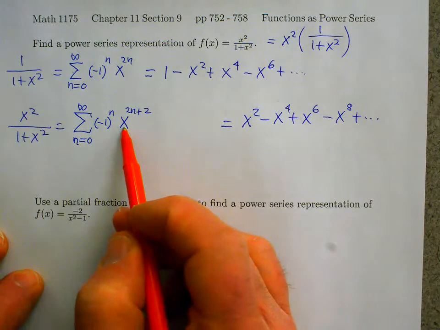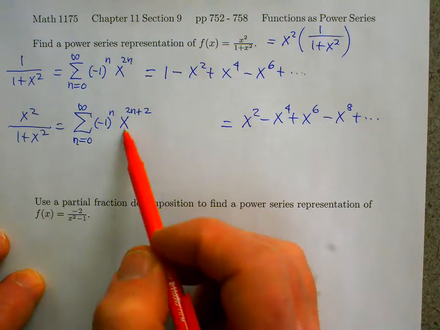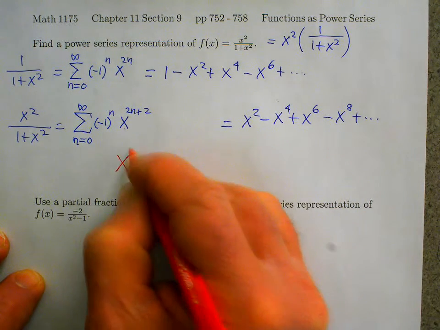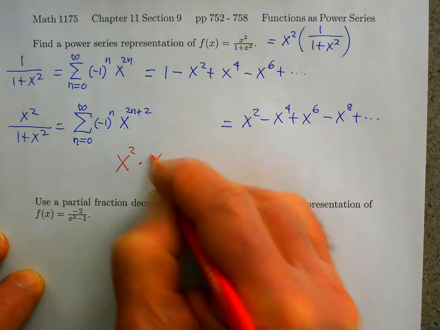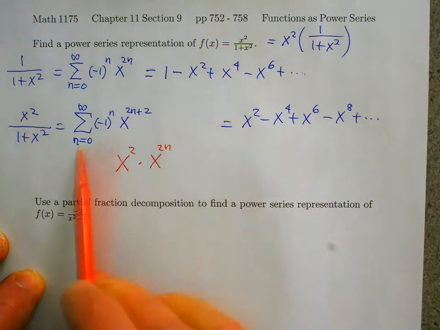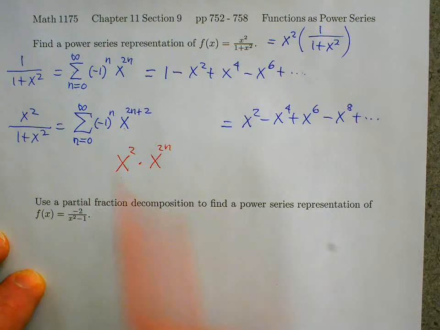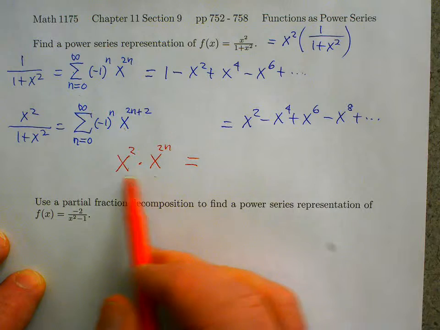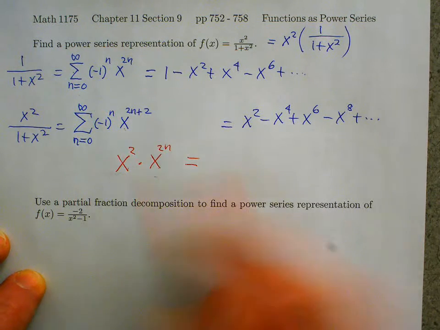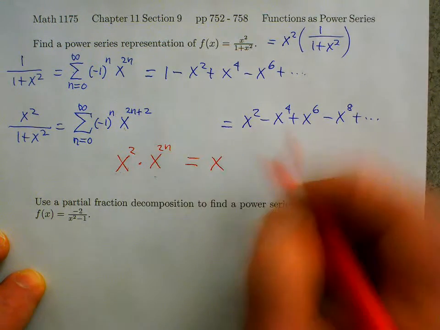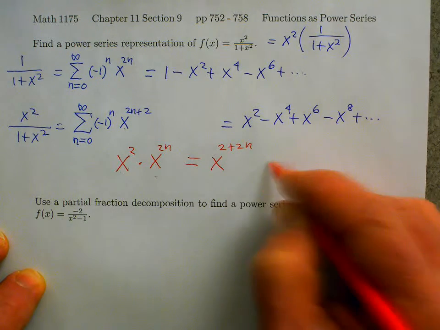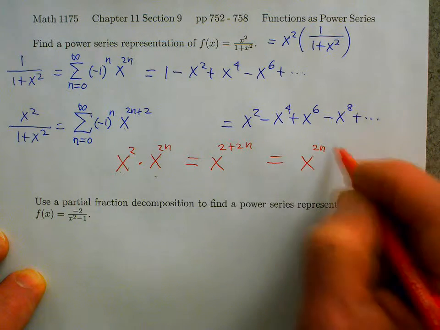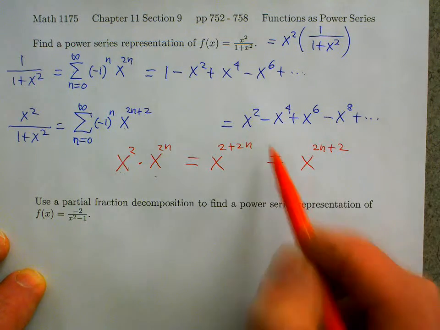So what I did was I multiplied x squared times x to the 2n, where n is any number from 0 to infinity. And then a property of exponents: if you multiply two terms that have the same base, you add the exponents. But it's a little more conventional to write the exponent as 2n plus 2. This is okay if you want to do it that way, but